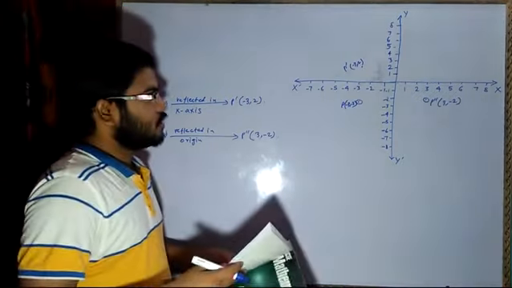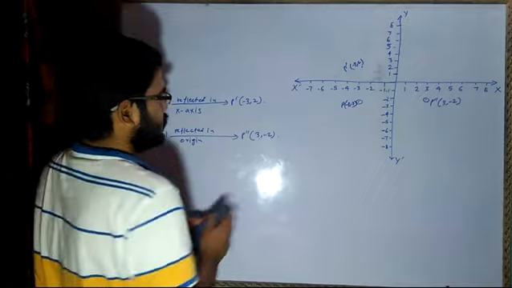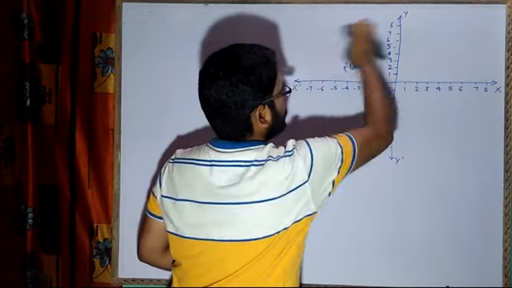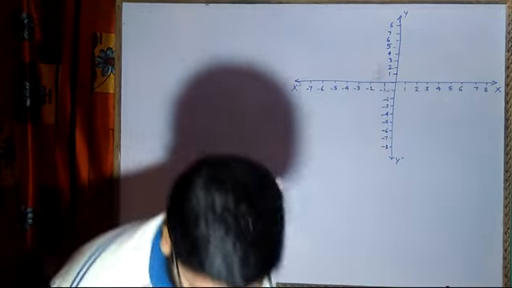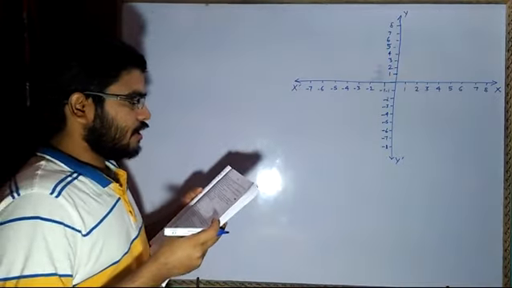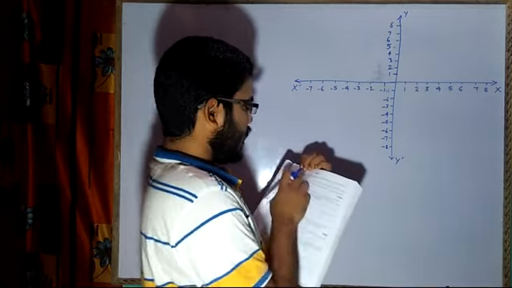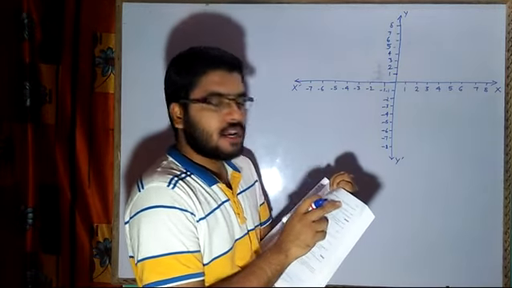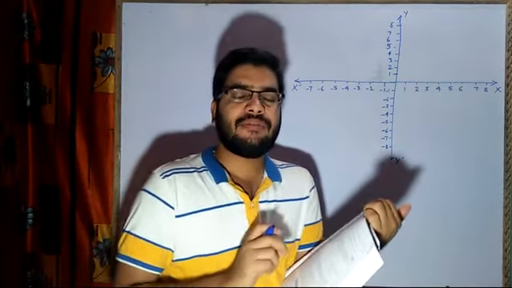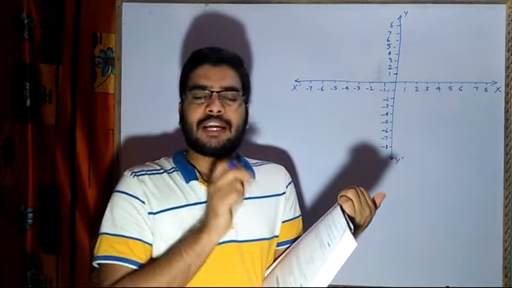Now question number 16 also I would like to solve here only in this particular graph paper, the graph that I have drawn. Question number 16 says that points 3 comma 0 and minus 1 comma 0 are invariant points under reflection in the line L1. If they are invariant points under line L1, what does that mean? These 2 points are lying on that axis itself.